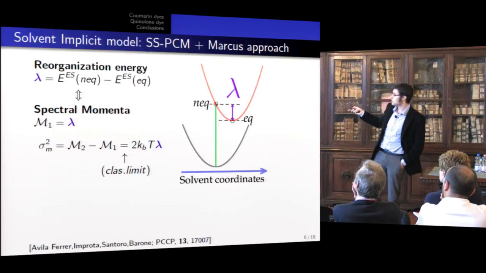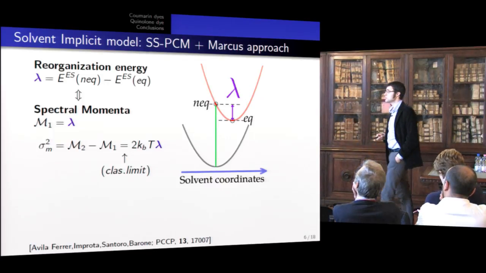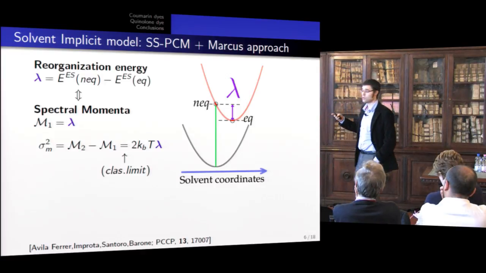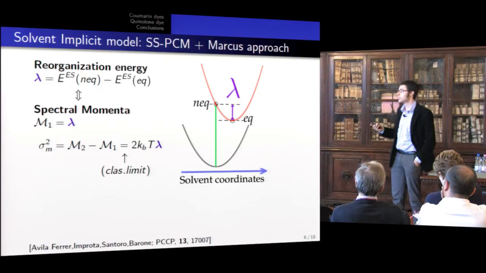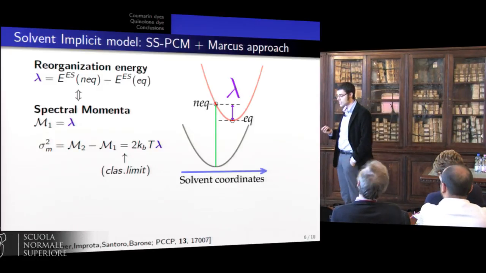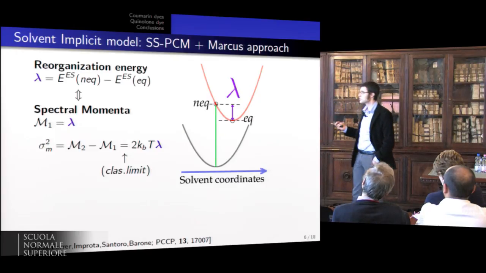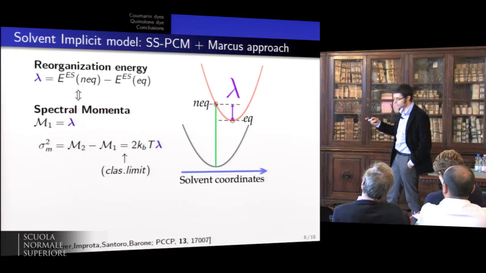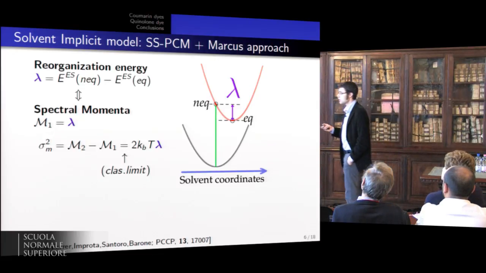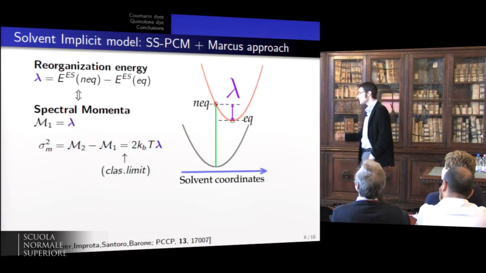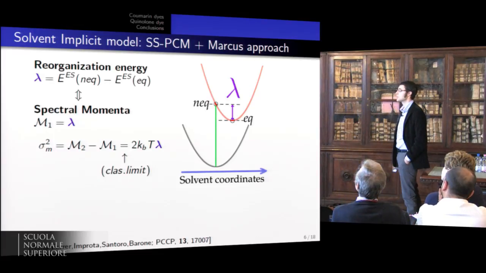The difference in energy between the non-equilibrium and equilibrium regimes, that is the solvent reorganization energy, can be connected, for instance, by applying spectral moments analysis to the standard deviation of the line shape associated to the solvent. And at the end, it simply depends on the temperature and only on this parameter, the solvent reorganization